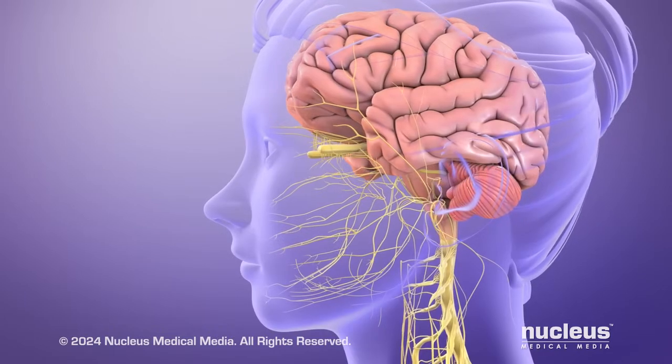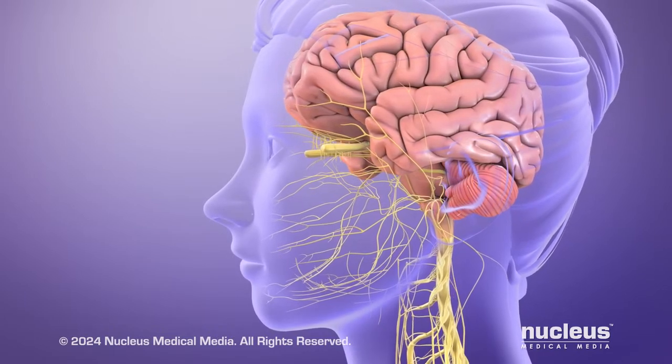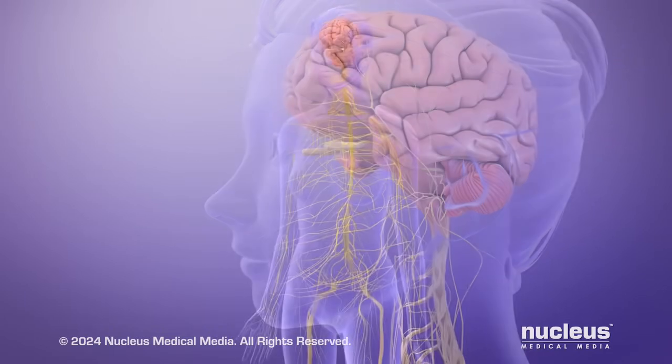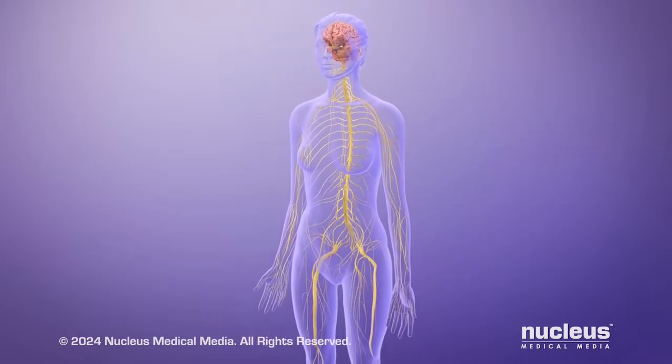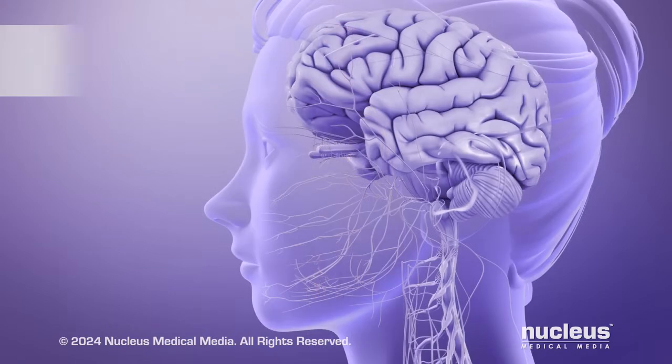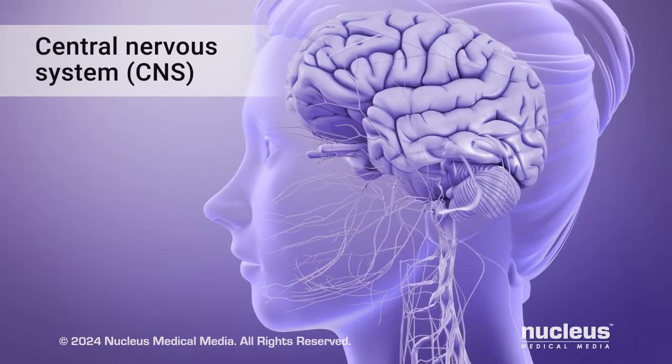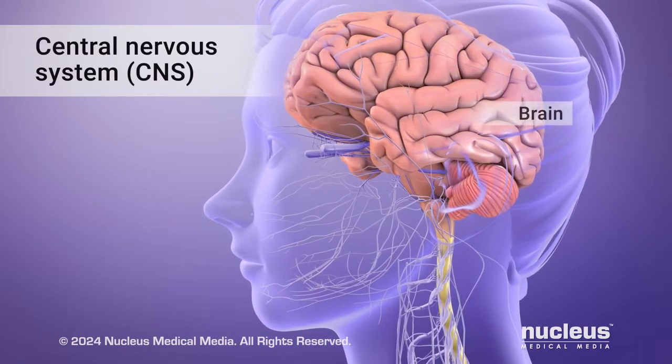Peripheral neuropathy refers to damage to your peripheral nerves. It can be caused by different diseases or injury. The main parts of your nervous system include the central nervous system, or CNS, made up of your brain and spinal cord,